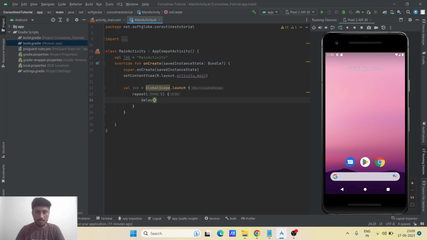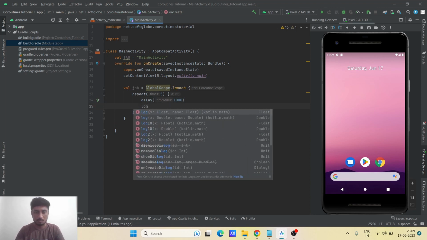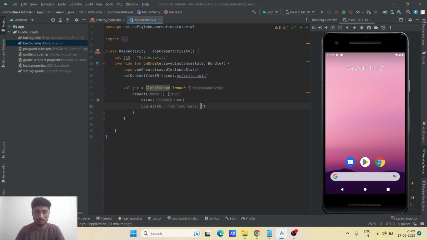I will provide a delay of 1000, and then we'll put some block and print coroutine running. Okay, so this block will run up to 5 times with a delay of 1 second each, and it will print coroutine is running. So this coroutine is expected to run 5 times. So let's try running it